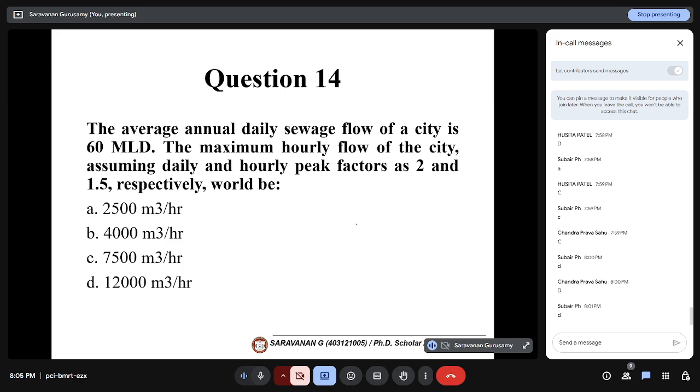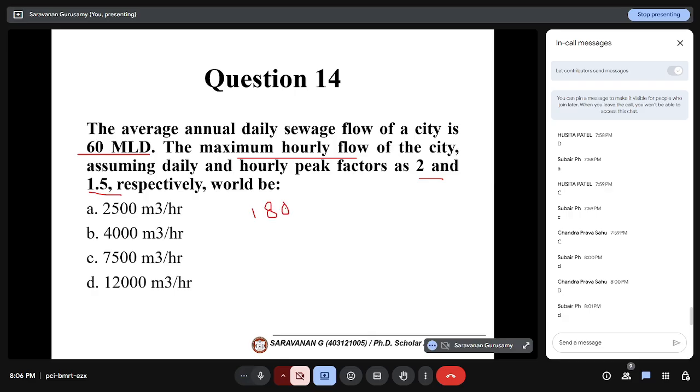Again, the average and peak value. Average annual daily is given. Maximum hourly factor is given. What is the maximum hourly they are asking? Factor is 2 and 1.5. So if you multiply 2 and 1.5, that is 3. So maximum hourly will be 3 into 60, that is